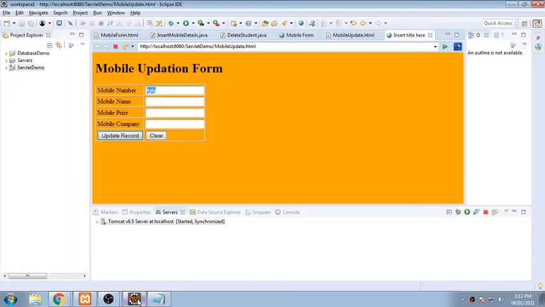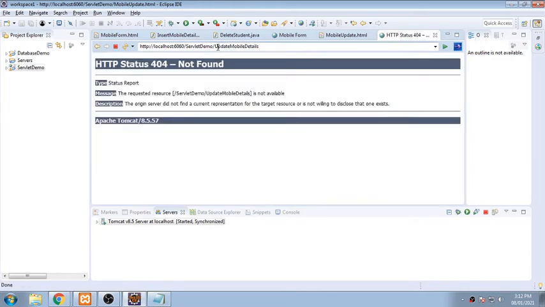So for that purpose, we'll be writing a code. We'll be entering a record like this, 1001, and if required, we'll be changing the price to 14,500. And plus, suppose it is an Oppo product, so that will be entered over here. And when I click on this update button, it will be calling this servlet file, and this servlet file will be updating this, and it will be displaying everything on the screen. So we'll write a program like this.